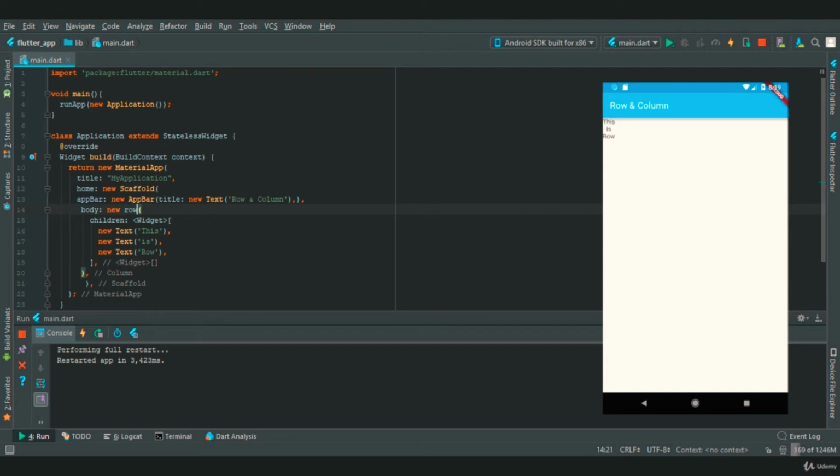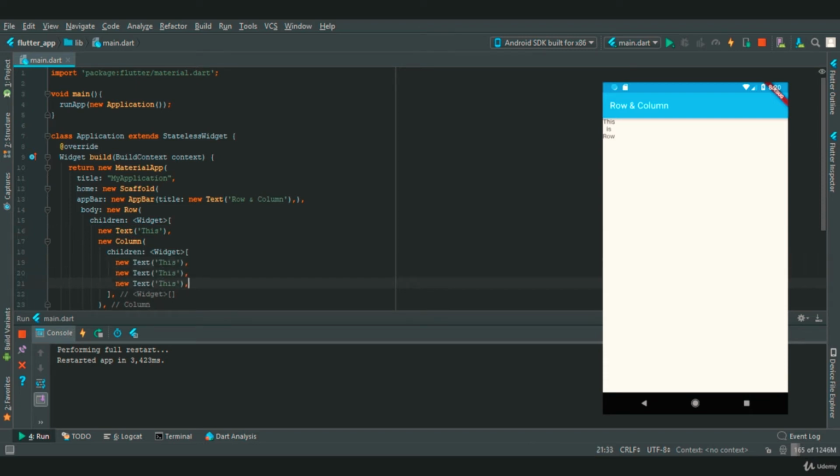So let's consider that I want to create a column inside a row. So on the second row, I'm going to create a new column using the new column widget, and in this I'm going to provide three more children using the children property, and the child that I'm going to provide will be a text widget.